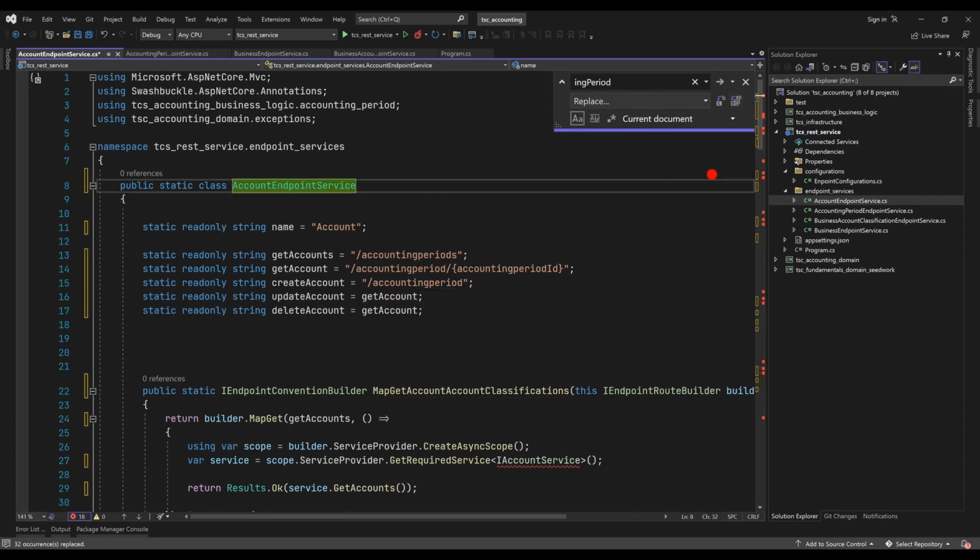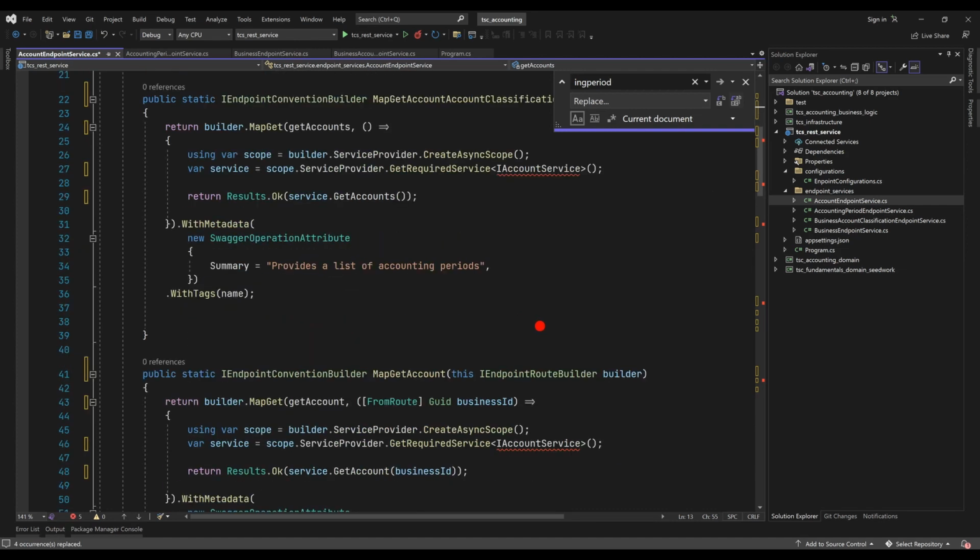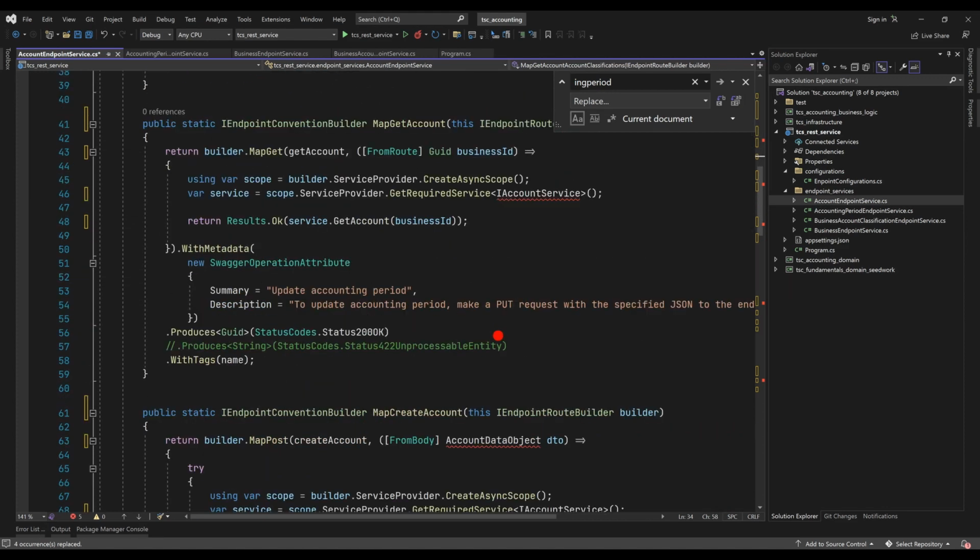And that we have account endpoint service. Another thing is I have this period inside lowercase somewhere like that. Sorry, this is the "ing" like that, and I'll change them to nothing. And I have basically what I want. And I can come to accounting periods and just change this to accounts as usual, and